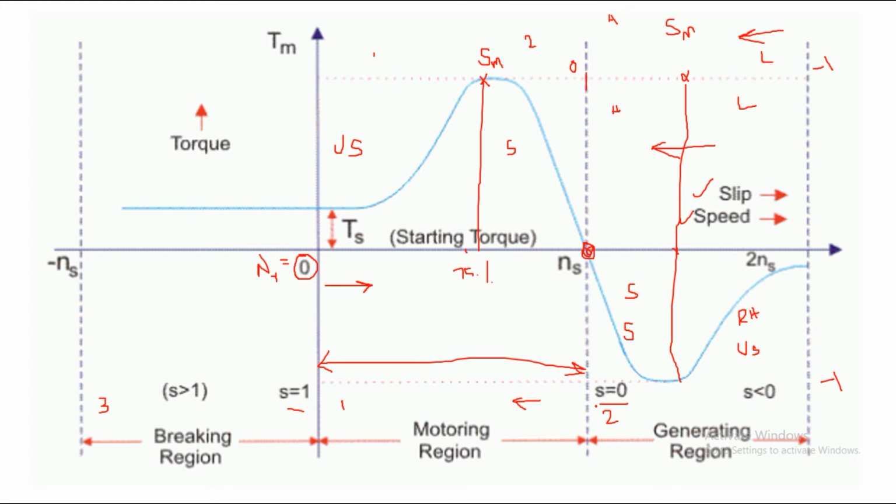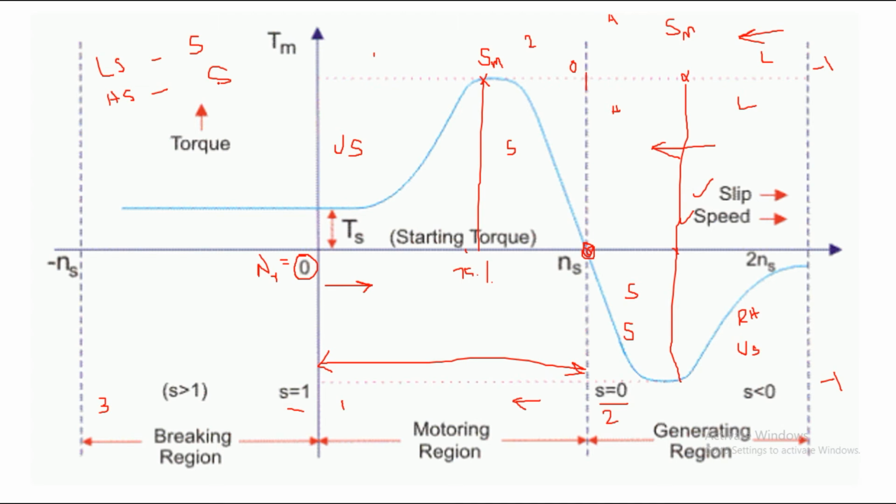So we can say we are having high value of slip for obtaining the stable region of operation, and we require low value of slip for obtaining the unstable region of operation. It is quite opposite to the motoring operation. For low value of slip we are having a stable region of operation in motor, whereas for high value of slip in generator we are having the same stable region of operation. So this is what we said, that we are having the same behavior but in the opposite direction.